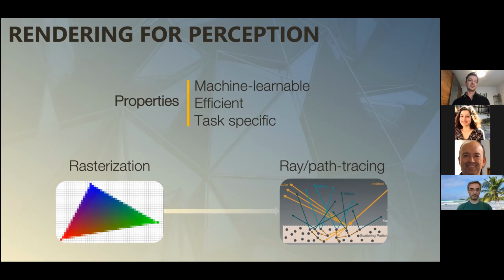And then the third property is that typically you want to render to be task specific. So you don't expect that the same renderer would work for both 3D capture and appearance capture. So you need to fine tune it, basically using this full spectrum from rasterization all the way to path tracing. So what kind of effects do you want to capture? What kind of materials or geometries are you considering? Are you considering that the topology will change? Are you considering the camera is moving a lot, or the lights are changed? So basically, you typically want to specialize your renderers to be more task specific.